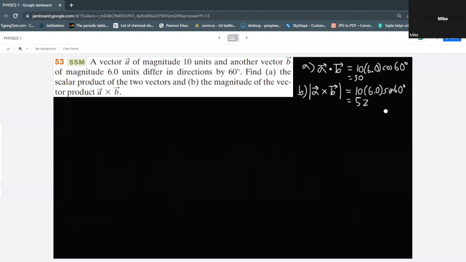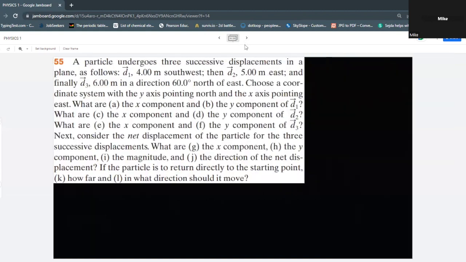Nice. Okay. Now, 10, 6. So, round off, 52. Okay. Sige, next. So, we're okay there. Okay, so in unit vector notation, what are the displacements? Should be